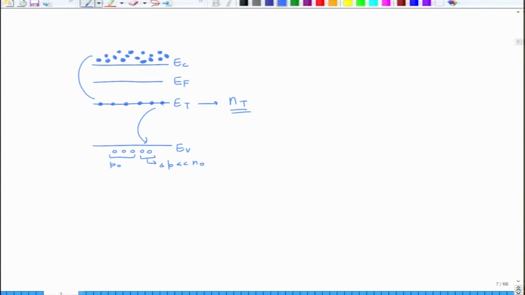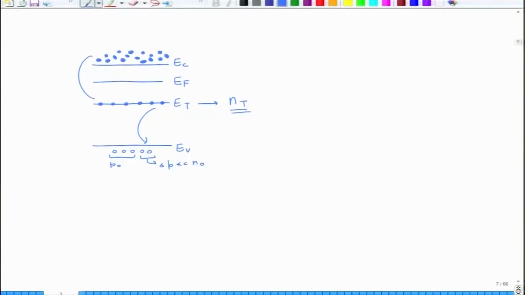So whatever electrons leave this energy level to nullify with the holes which were created as a result of perturbation, they will get compensated by electrons falling from the top without making too much dent in the electron population in the conduction band, because electrons are very large in number already. Alright. So what will happen here is, you can say that the change in hole concentration is directly proportional to the number of traps that you have present here. Okay. So if you have NT number of traps here, it is directly proportional to the number of holes which